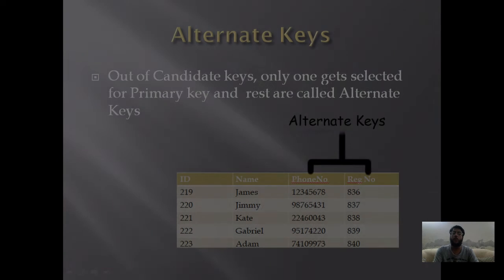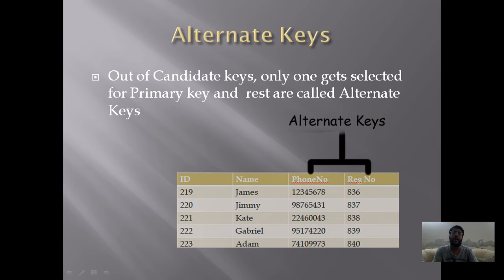Now the alternate keys, out of all the candidate keys, only one gets to be selected as the primary key and all the columns remaining are known to be as alternate keys. In this example, you can see phone number and registration number are the alternate keys. Now both for the candidate keys as well. Now one will be selected as the primary key and the remaining one will be considered as the alternate key,